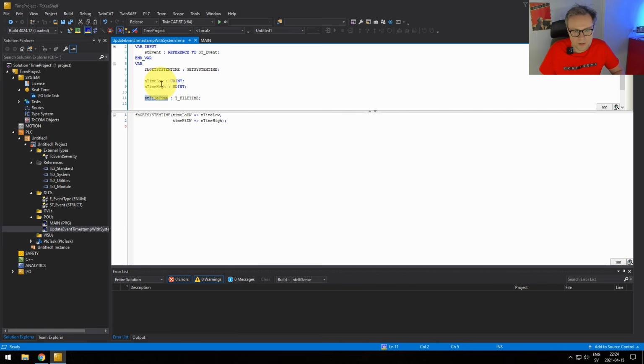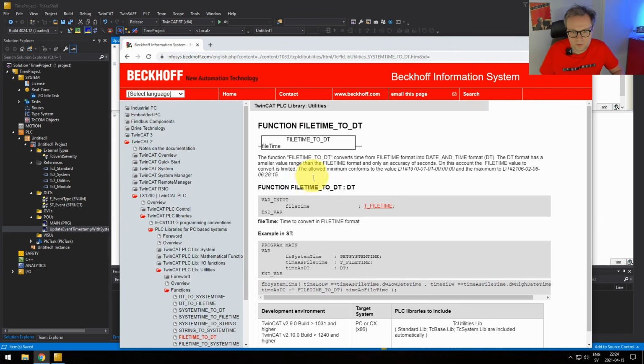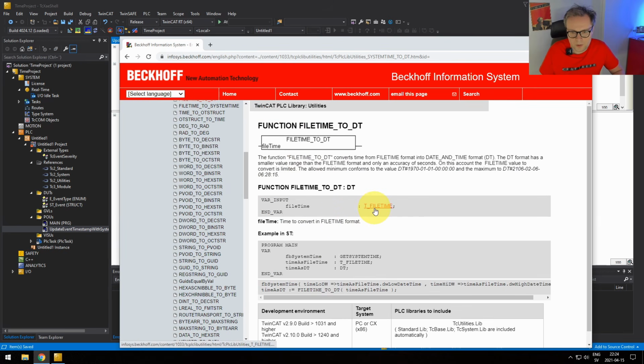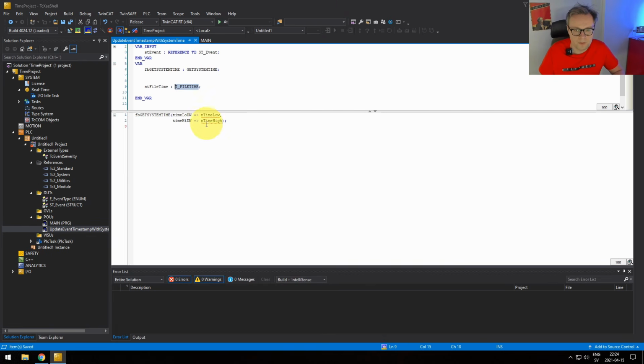So we have the structure, and now instead of using these two variables we created here, we can remove them. We don't need them because we're going to store the system time inside this structure. Again, this structure is what we need in order to convert the file time to date and time, which is what we're using internally in our structure.